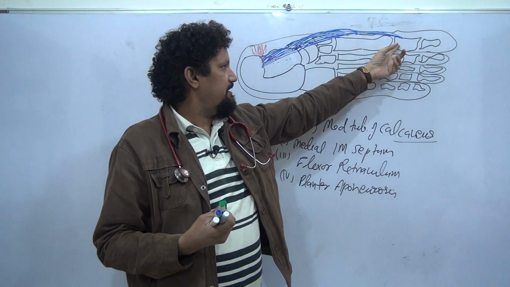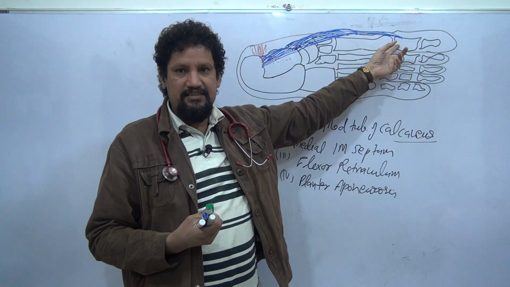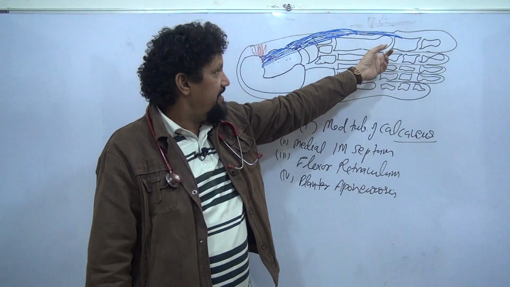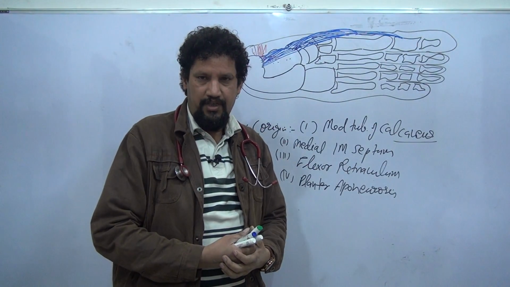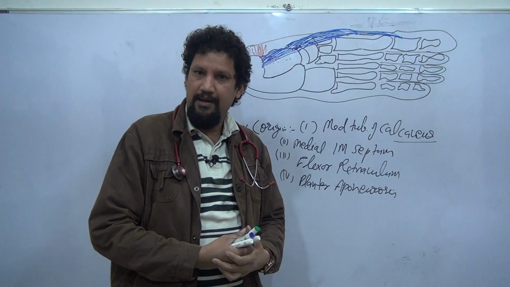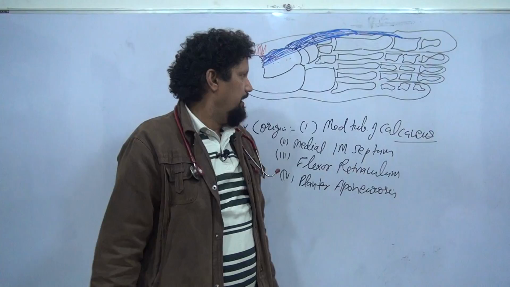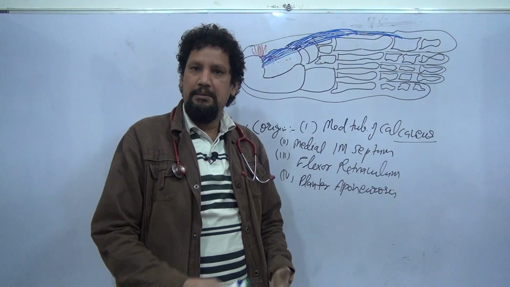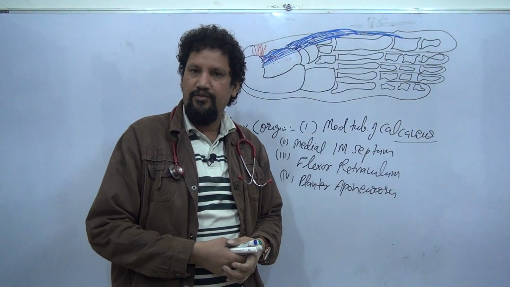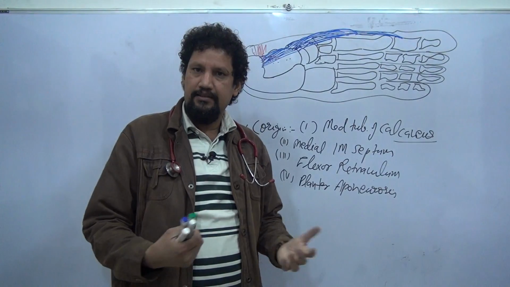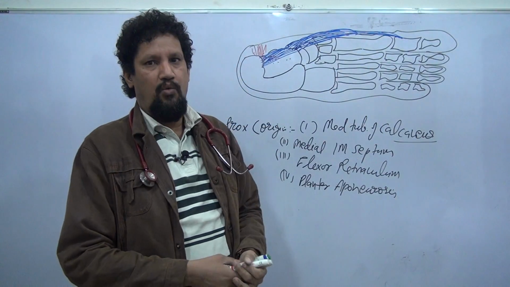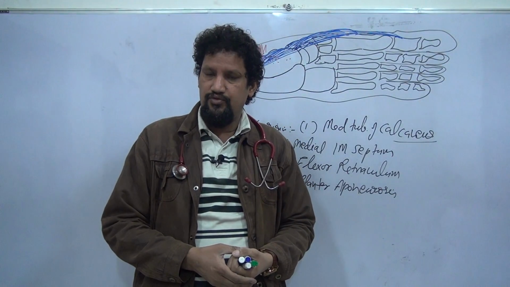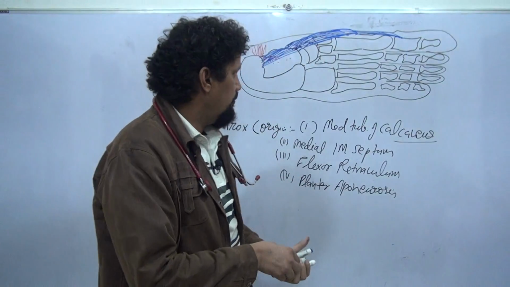So this is abductor, but movement is lost during the shoe wearing and it is regained in barefooted. As the name indicates, this is the abductor of the great toe. The second muscle is supplied by the medial plantar nerve, which is a branch of the tibial nerve. The fibers take origin from the ventral division or anterior division of the ventral primary rami of S2 and S3. So it is supplied by the